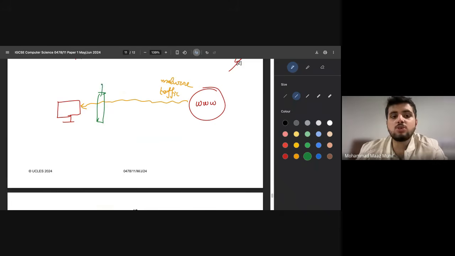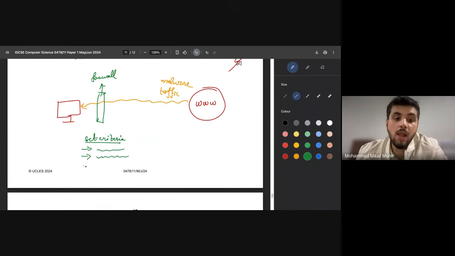This wall is known as firewall. And now this firewall has some specific rules, so it sets some criteria. It's like, I can only allow data which is maybe from this website. I'm only going to allow data which follows this protocol. I'm going to look at this certificate, stuff like that. And if it is all validated,